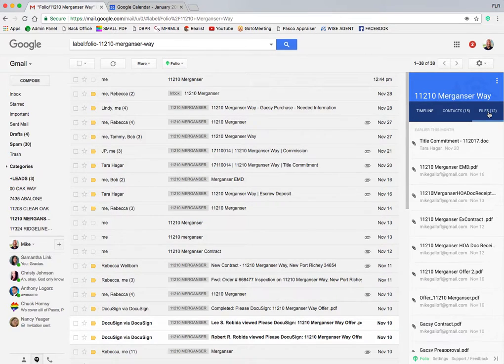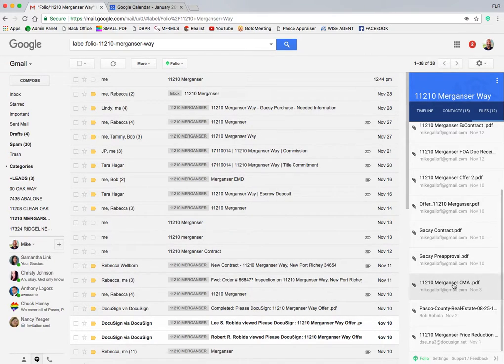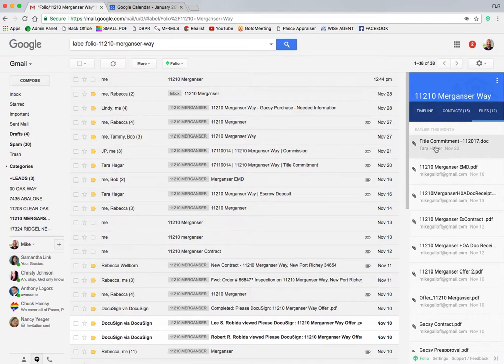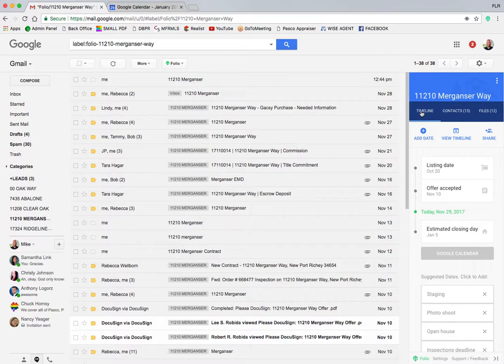You can also click on the files. Everything that was ever attached to an email is right here. This is an awesome tool. It's a Chrome extension add-on and it's free. Now,